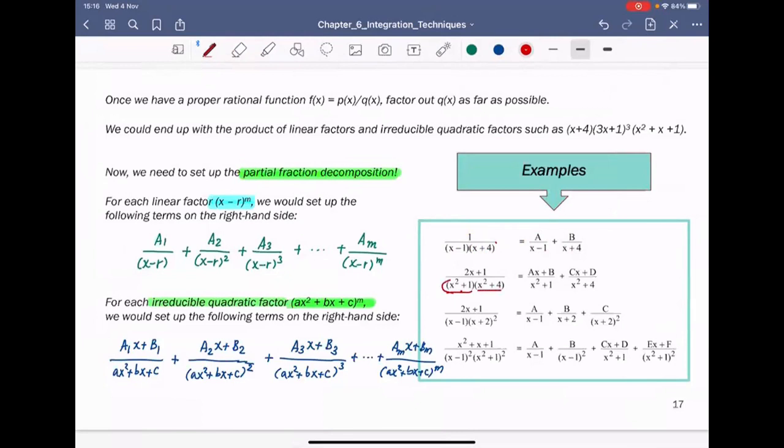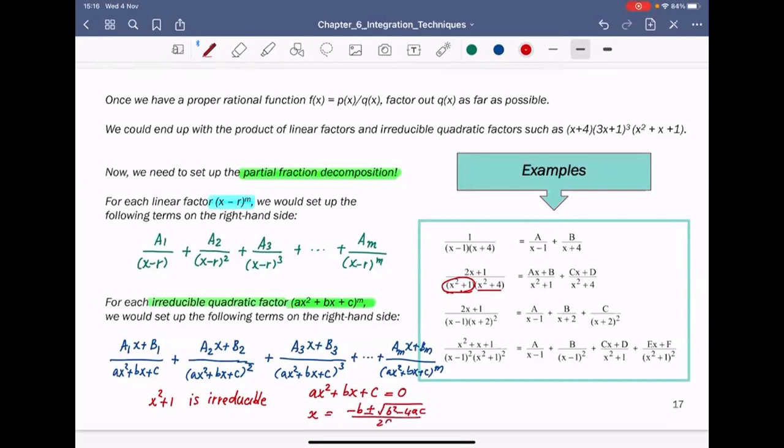Then because I have x squared plus 1 here, and I know that x squared plus 1 is irreducible. How do I know that x squared plus 1 is irreducible? Well, you can check by looking at, if you have ax squared plus bx plus c, right? Well, the roots are going to be negative b plus or minus square root of b squared minus 4ac